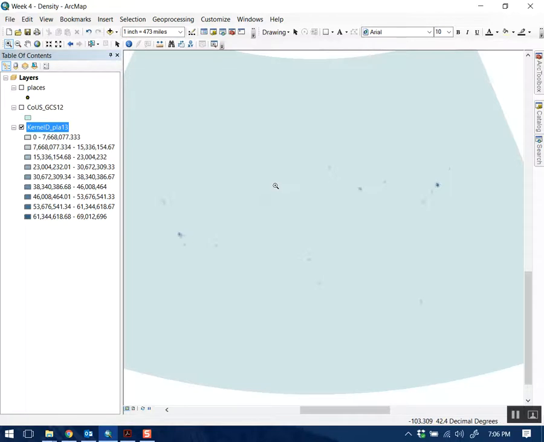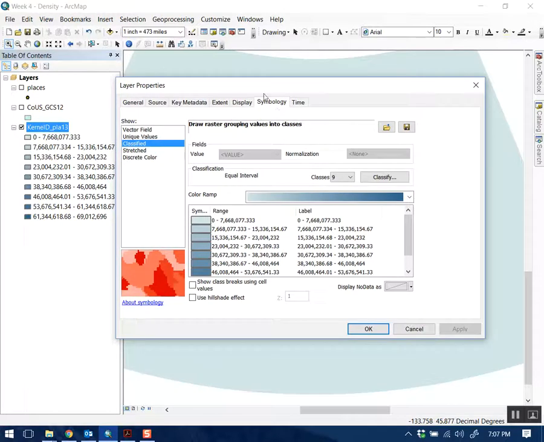I think what we're seeing right now is just that the breaks of classes that's happening on the side here is not distributed in a logical way. There might be some outliers. So if I double click on this and go to the Symbology tab, you want to go to the classified